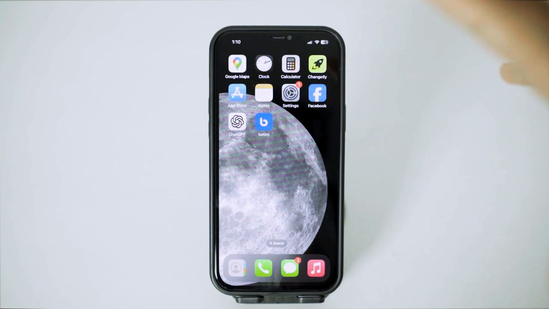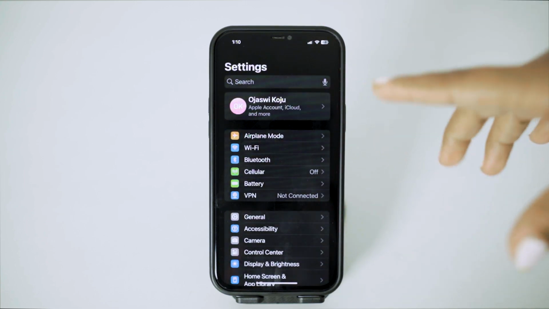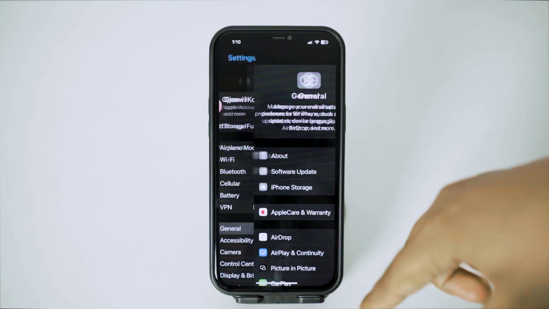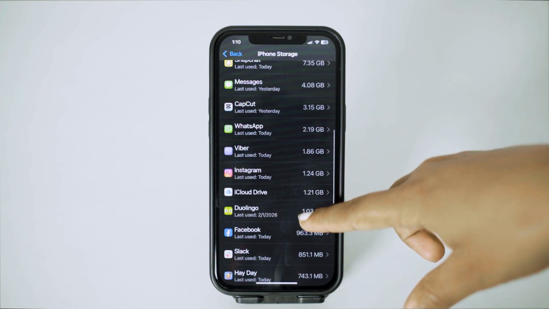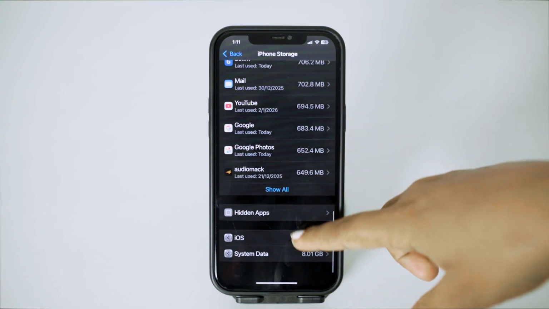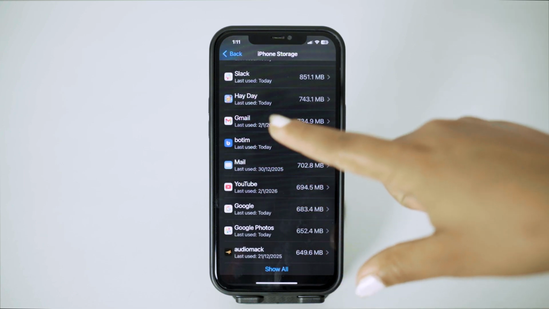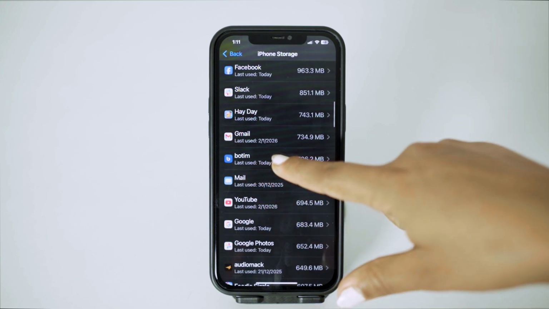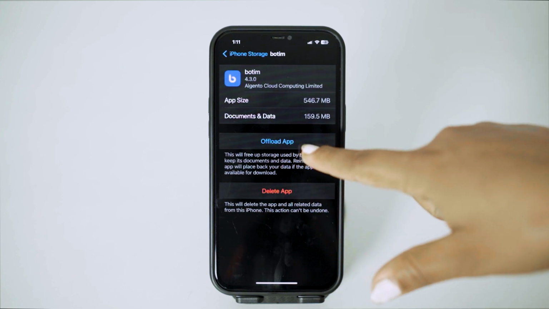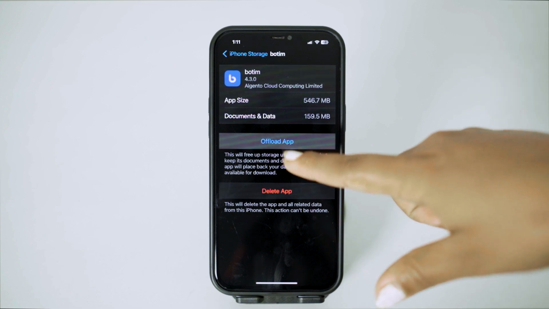So if you want to offload it, you can get to the settings, and from here you can tap on general, and from here you can tap on iPhone storage. Here if you scroll down you can see all of the applications on your phone, and here you can get the option of BOTIM. If you can't find it here, you can tap on show all and get all of the applications. If you tap on BOTIM from here, tap on offload app,